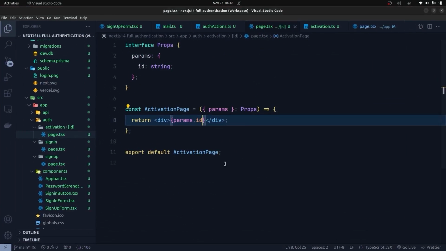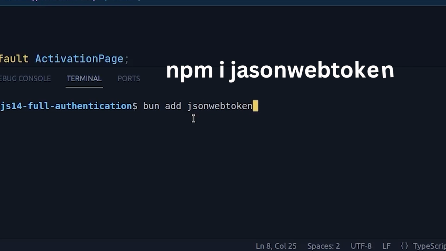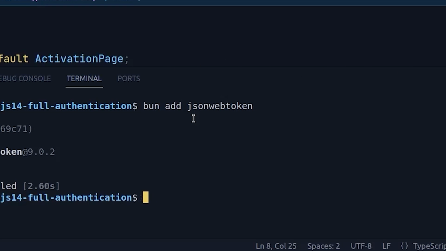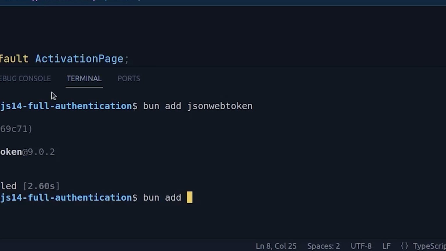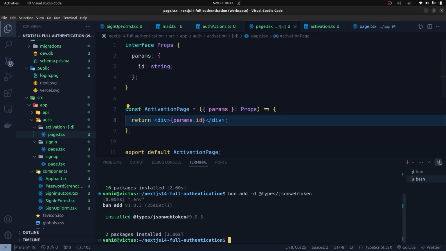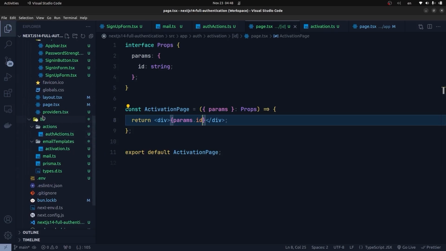So let's go and install the JSON Web Token. I'm going to use add jsonwebtoken. Okay, and then we're going to need to install the types of the JSON Web Token. So here I'm going to say add -D @types/jsonwebtoken. Okay, so let's close this off, and then I go to the lib directory, and here I'm going to create